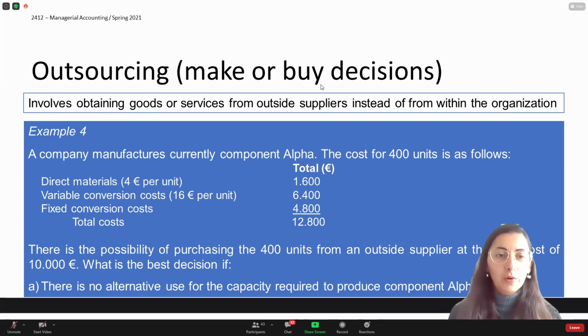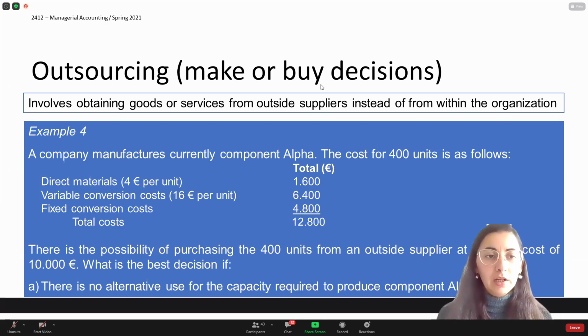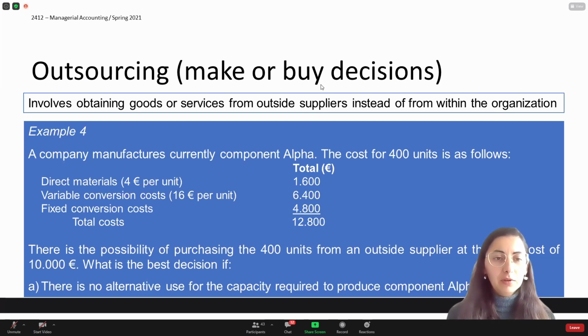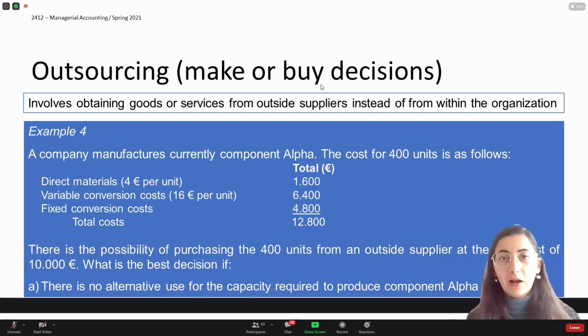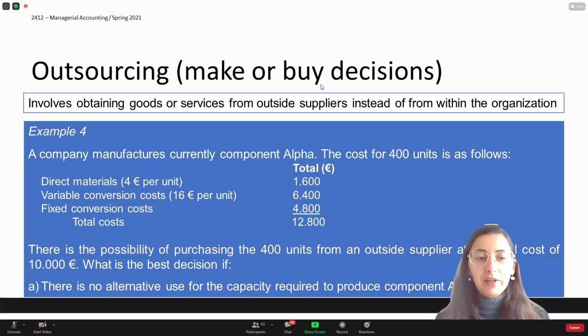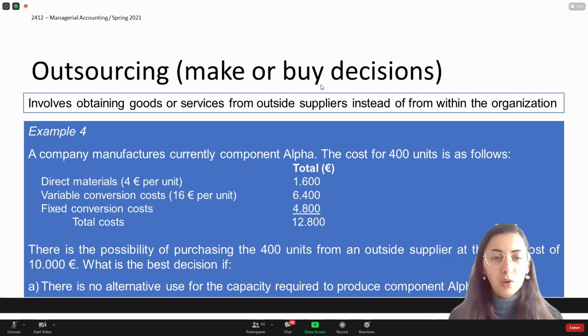a component. When we are talking about outsourcing, it involves obtaining resources or services from an outside supplier instead of producing them in-house. So let's have this example: a company manufactures component alpha, and the cost of producing these 400 units is a total cost of 12,800. We have direct materials of 4 euros per unit. We have variable conversion costs of